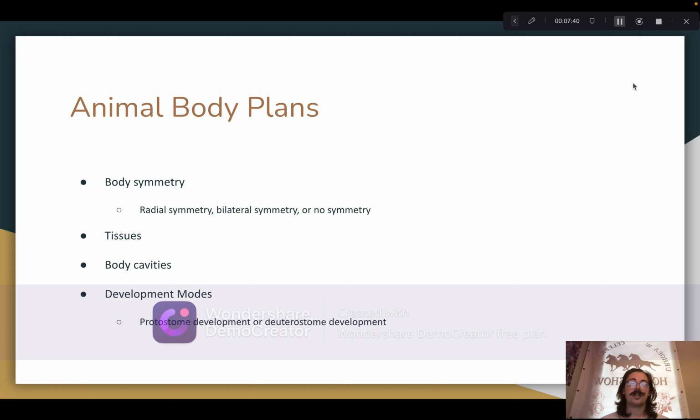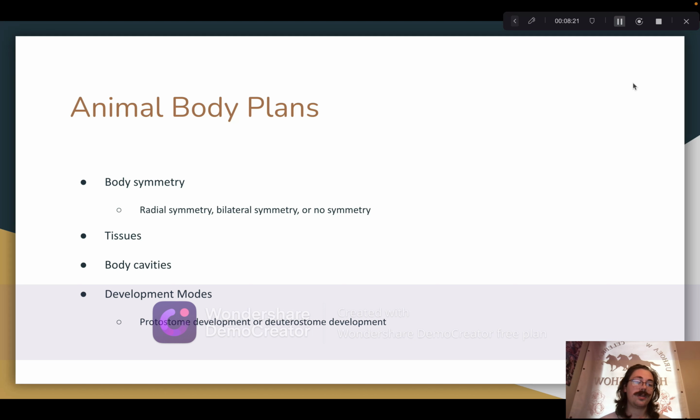Then we have bilateral symmetry, which is the most common. It is the symmetry of our bodies. It is based around two axes, the head-tail axis and the ventral-dorsal axis. And lines can be drawn that will divide the body into mirroring right and left halves. Or some animals have no symmetry, like many sponges have irregular shapes and they lack any sort of symmetry at all. You can't really divide their bodies in any way and get mirroring halves.